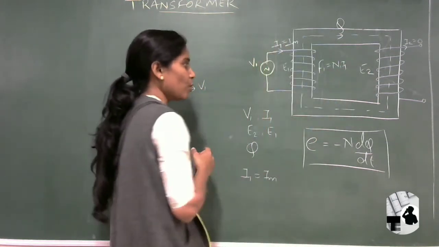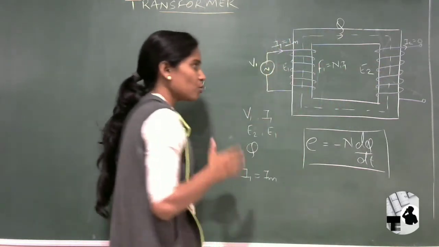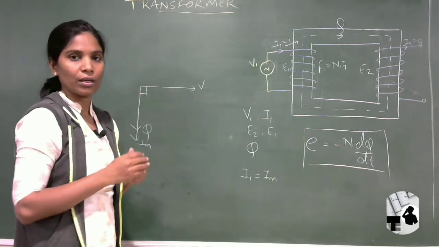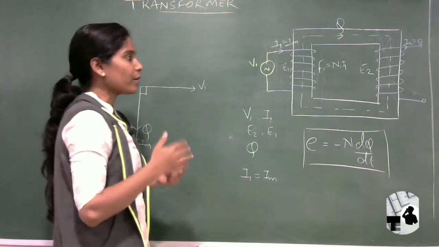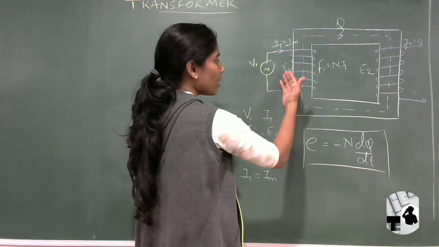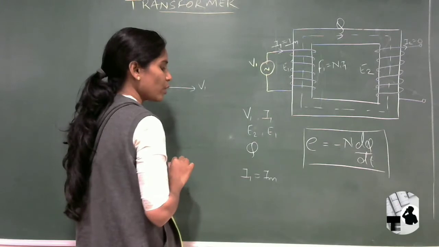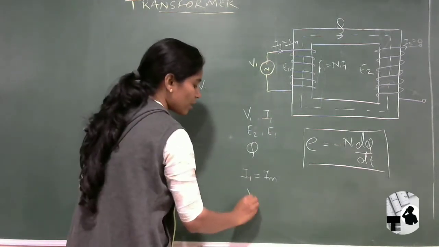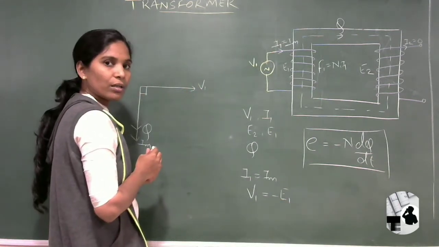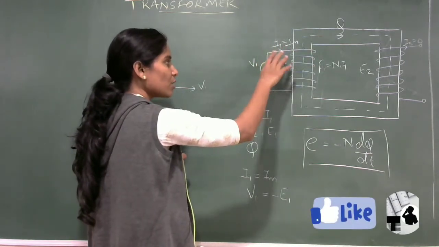That is V1. If you do not give the supply V1, there will be nothing and you will not get the EMF. So what is the main cause of the EMF induced at these coils? That is the supply voltage V1, right? So we know that according to the Lenz law, whatever is getting developed will oppose its own cause. So the EMF developed at primary and secondary, that is E1 and E2, will oppose its own cause, that means V1. So here I will write one more line: V1 is equal to minus of E1. So we are getting E1 here due to the opposing nature of V1.